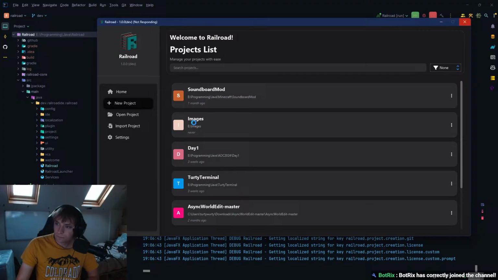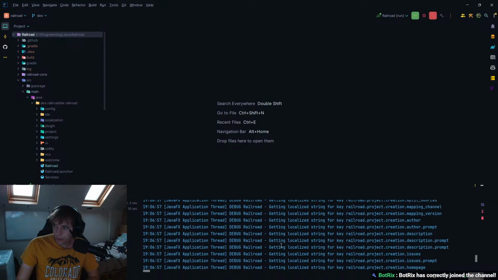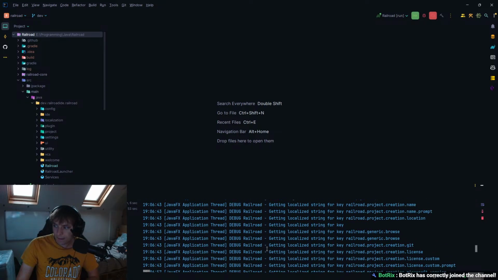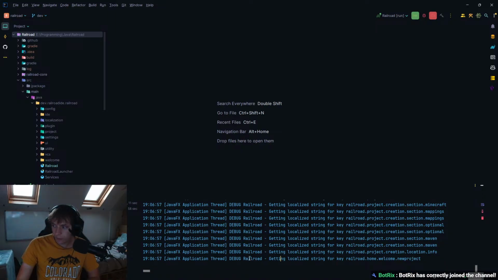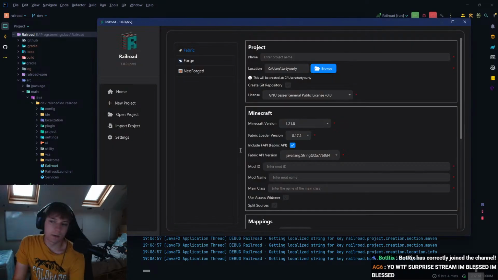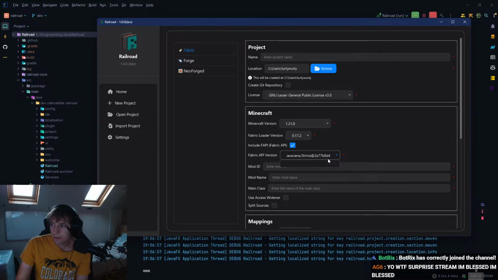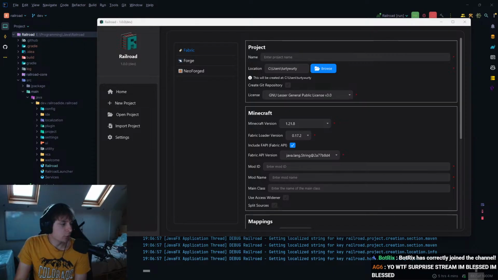Yeah. So I think what it probably just did, if I had to guess, is that it made a request to get all of the Parchment versions, because I don't think I'm running it asynchronously. You can see there's a bunch of issues in here. So like this just says java.lang.String. That's obviously not ideal. So yeah, there's a bunch of things we're going to have to do.